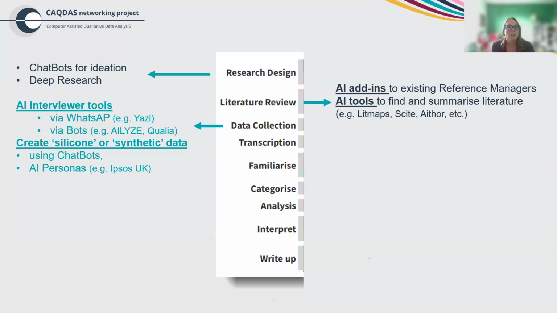For our last general election in July last year, 2024, they generated AI personas in order to understand behaviour of the electorate. And they gave a webinar actually on how and why they did that and what they learned from that process. So if you're interested in that, you might want to check out that webinar. So those are just some examples of what's happening in the generative AI space in terms of data collection.